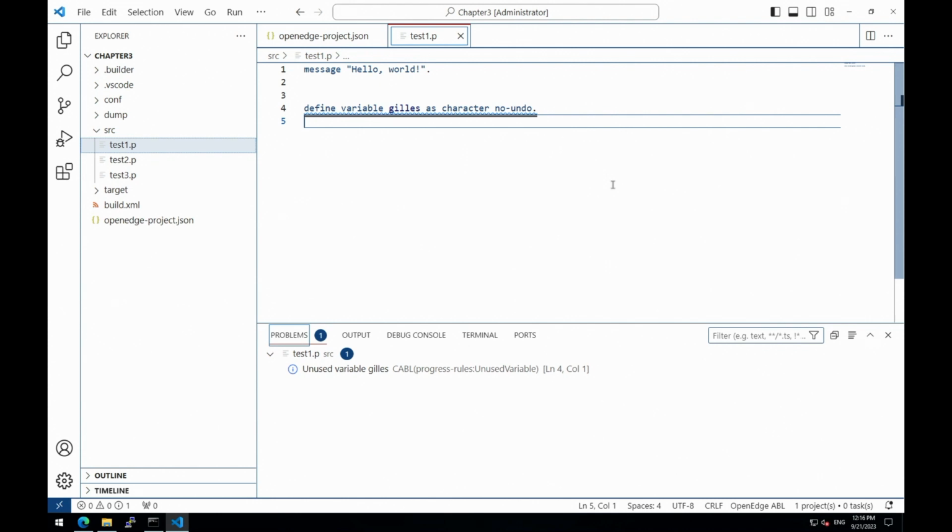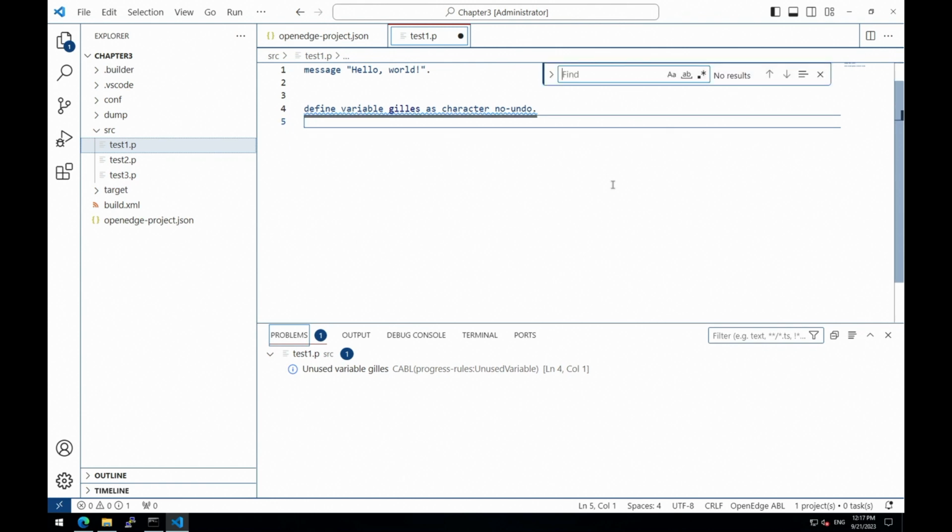This works also with include file references. If you modify an include file, all the .p or .cls that are using this .i will be recompiled. Same for classes or inheritance. If you modify the parent class, all the child classes will be recompiled.